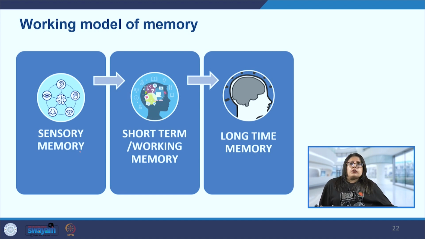And finally, we have the long term memory. Long term memory is the largest or the main storage area of the memory system, and it stores all the factual information, the experiential knowledge that we have gained over time, and also the procedural rules of behavior. For example, we know that the red light should not be crossed, we have to wait for green, or that we should not run across the road, but we should use the zebra crossing.